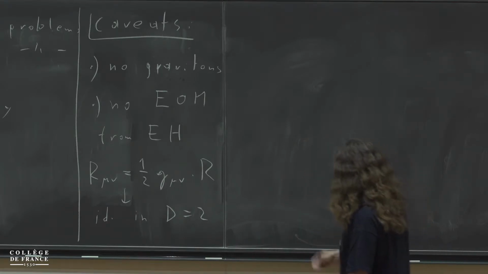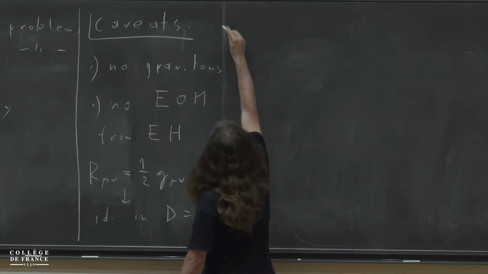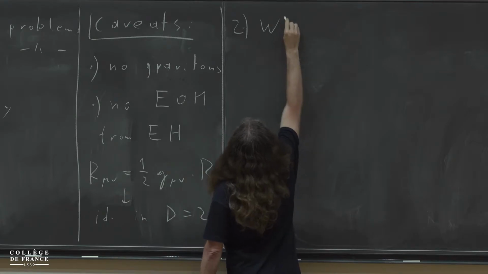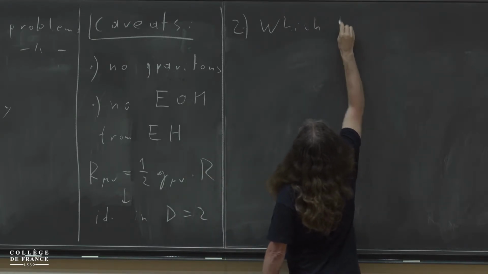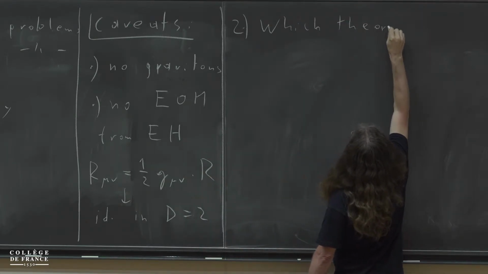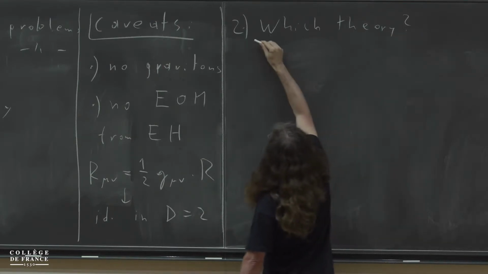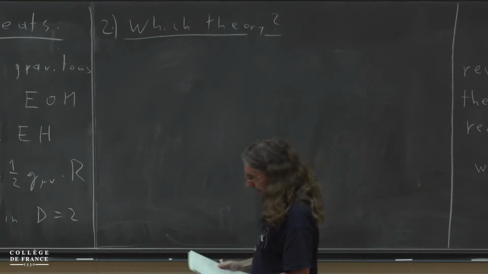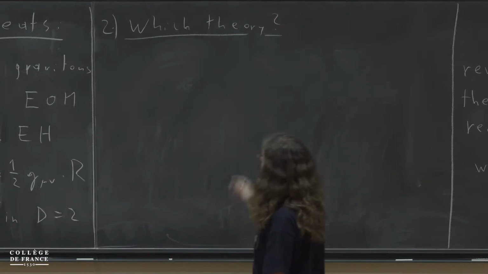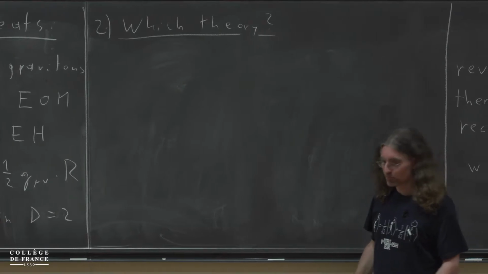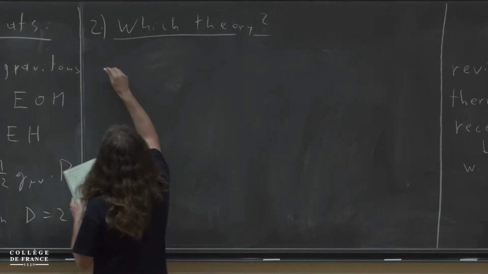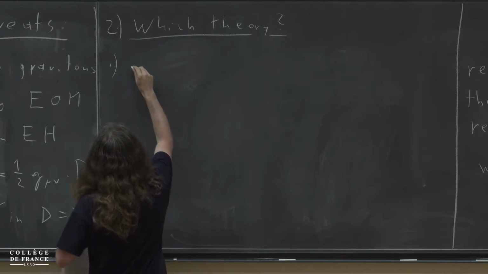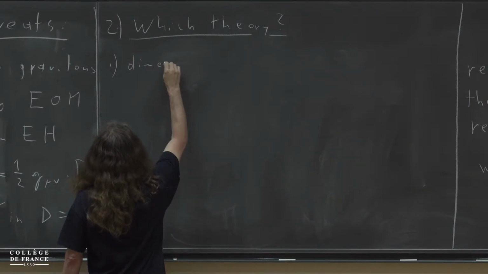Okay, and that brings me to the second point, which theory to consider. If it's not Einstein gravity, what should we consider instead? And there are numerous paths that lead you to the same conclusion. I'll just briefly summarize them here. I'll not elaborate on them in great detail unless you want to ask questions. So one thing you can do is a dimensional reduction